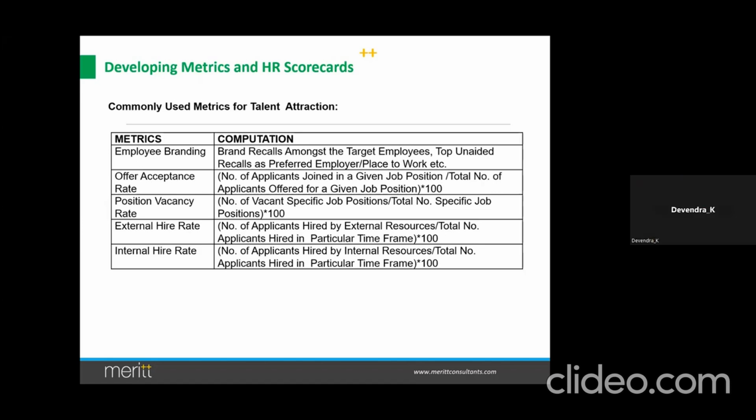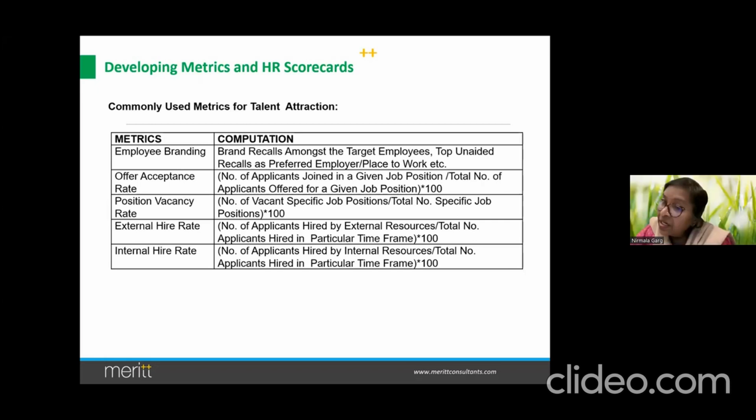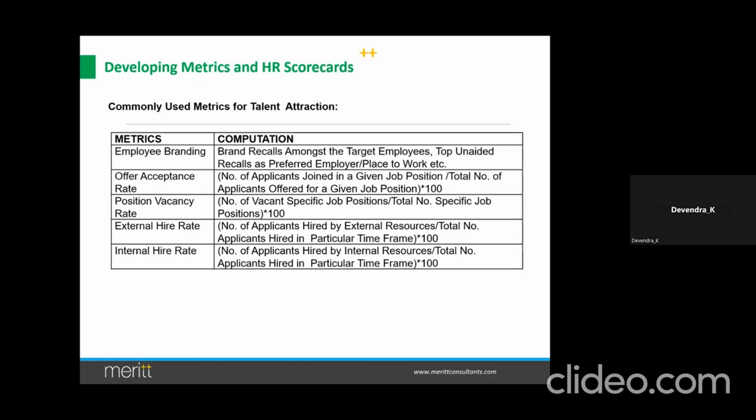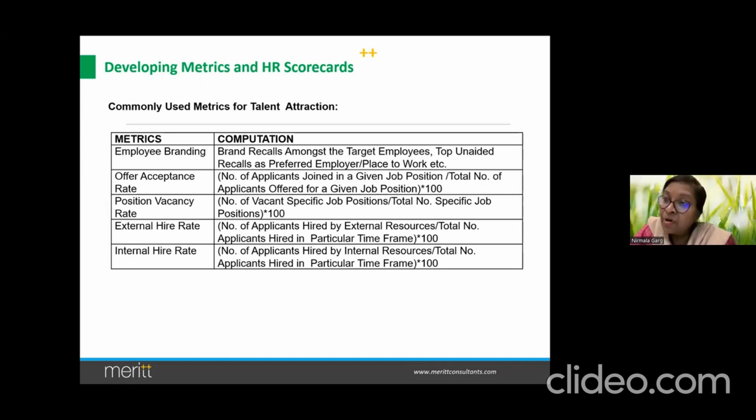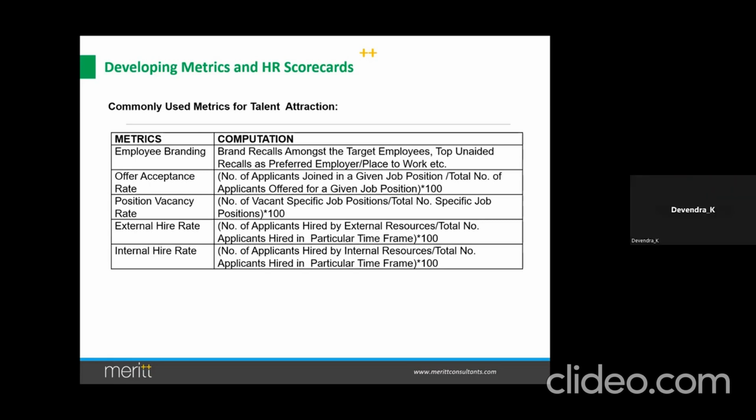Instead of saying internal succession planning, it is better to say internal job posting in this case. Internal job posting and succession planning are two different things. In this case, where we are developing metrics and the HR scorecard, we are actually looking at job postings here. Because when you are saying succession, it is at a higher level, not the same job. Right. We are digressing from the discussion, but that is something else.